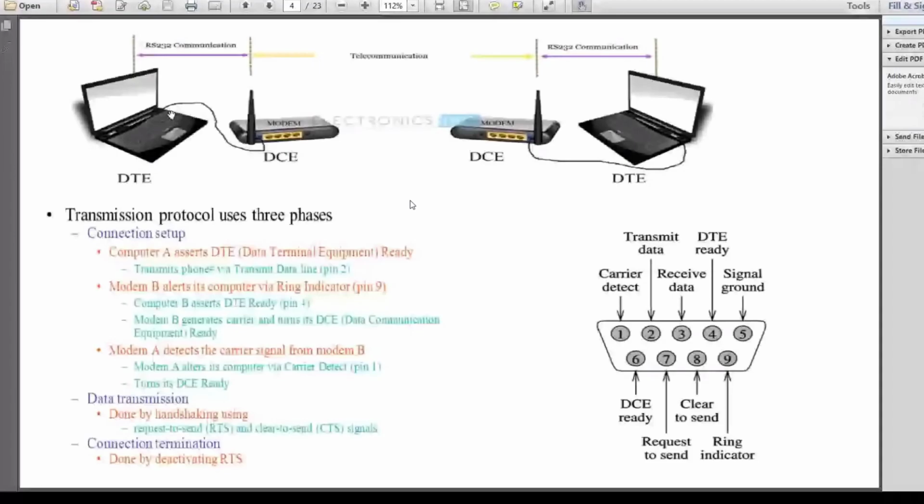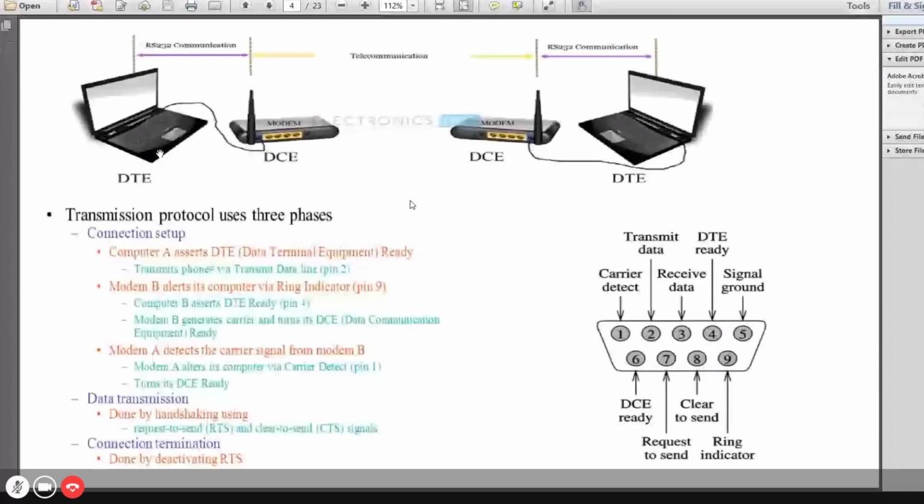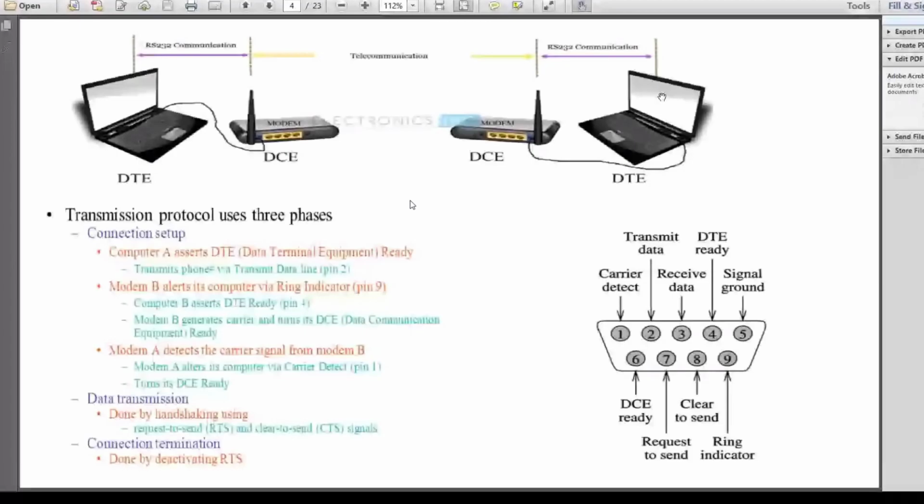First, computer A, the computer which starts the communication, we call data terminal equipment. And this is also data terminal equipment at the receiving end, where the particular message is received. The modem device which puts the message into the communication media is called data communication equipment.